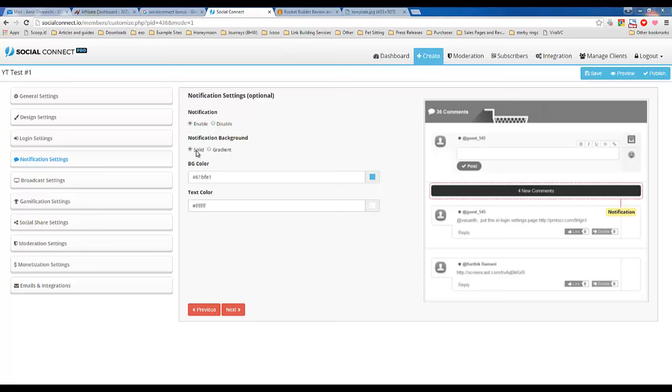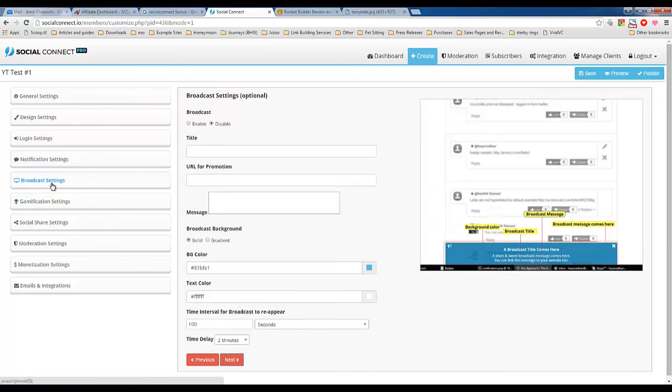Notification background, solid color, or gradient. You can also choose the color of the notification bar as well. I'm going to leave mine as the default. And notice how already we're about halfway through the process. We're down here to broadcast settings. And remember, at each step, it also gives you kind of an explanation of what it is on the right. So in this case,